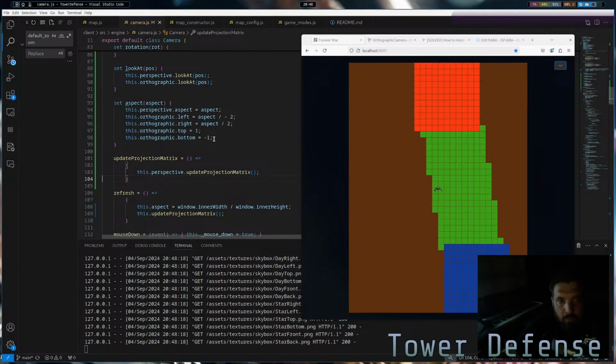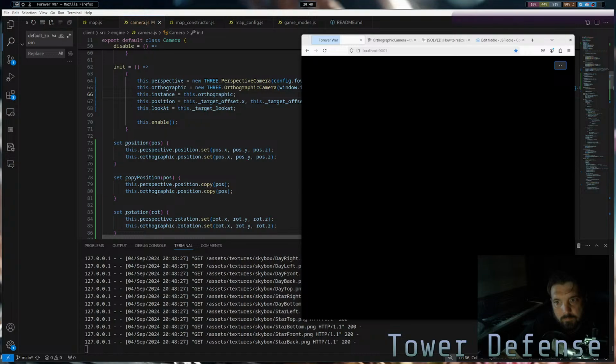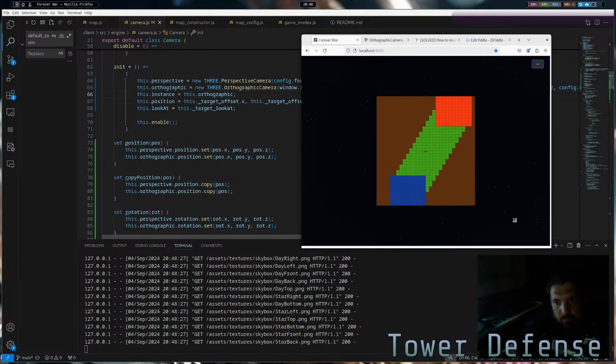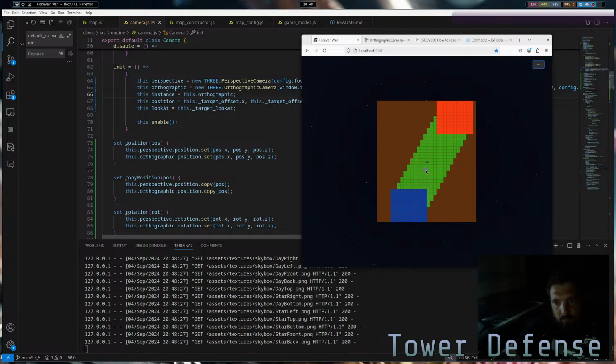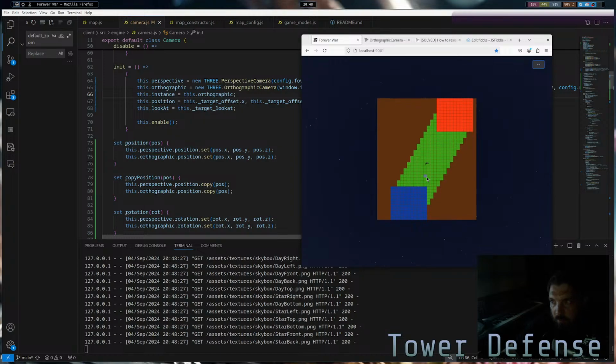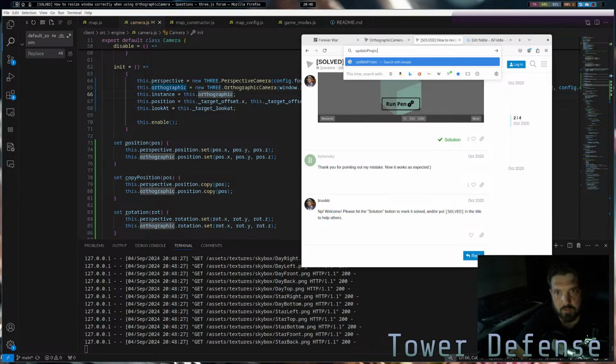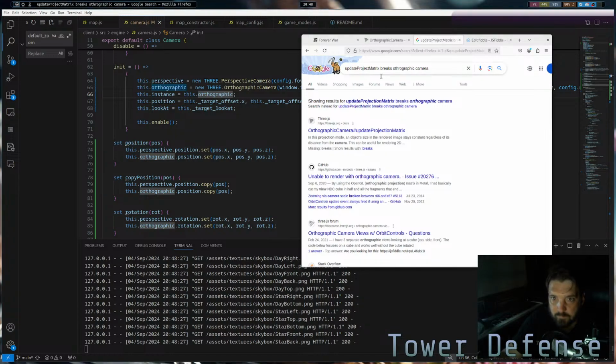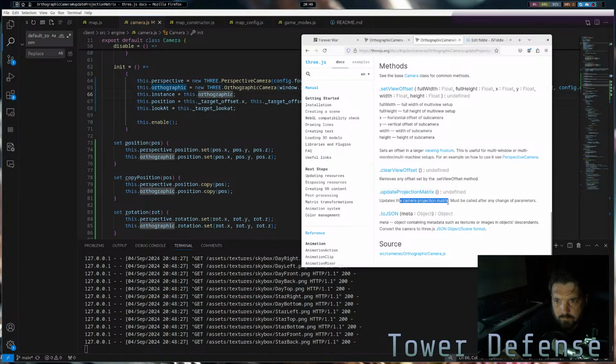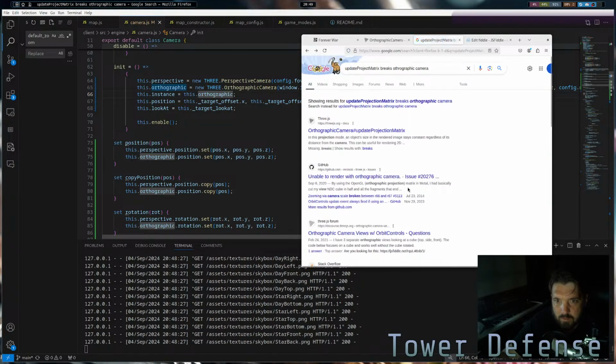This is not the right camera. Okay, so that's almost working. I mean, that is the orthographic camera. So, calling update projection matrix breaks the orthographic camera. It says it has to be done, but